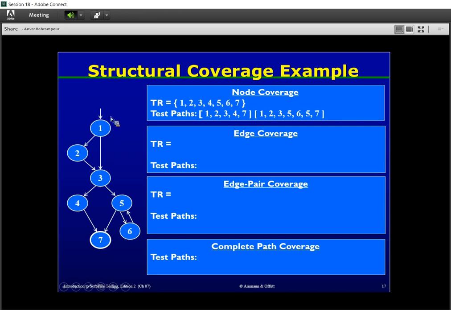nodes. Another test pass could be this one, from node 1 to node 3 to node 5 to node 6 to node 5 again and to node 7 to cover all nodes as showed in this box. For edge coverage, it is easy for you and there is no need to explain more. We should cover all edges